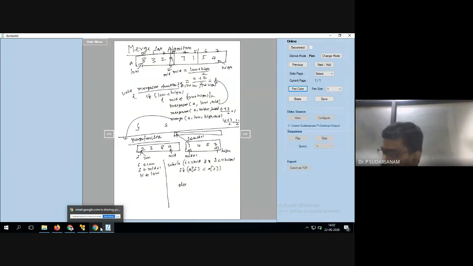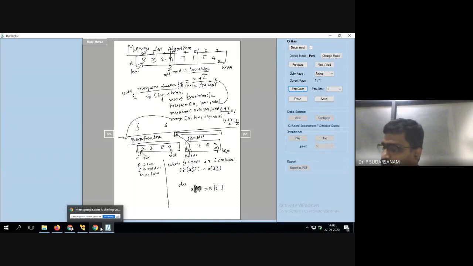So when you are moving 1, that is A of k is equal to A of j.